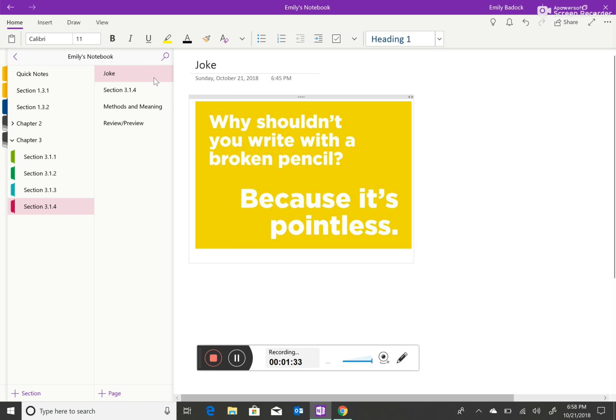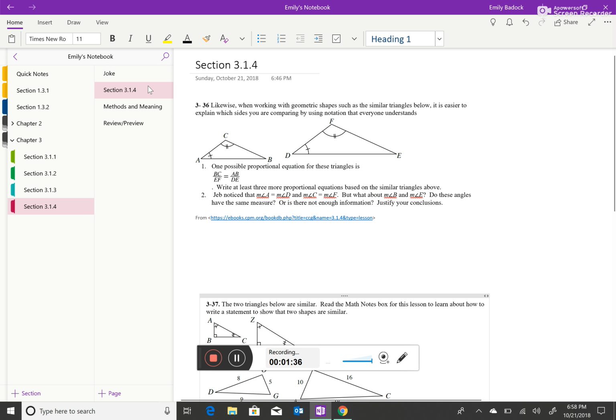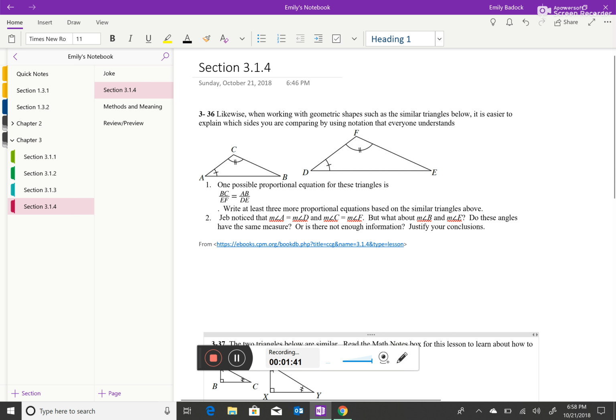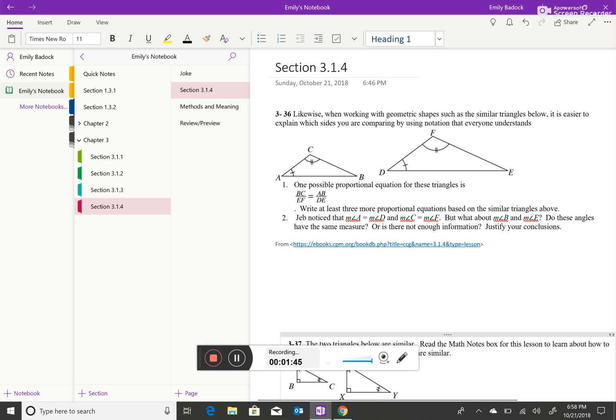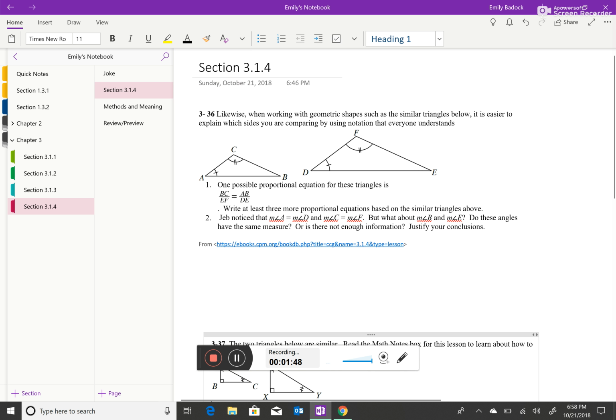Today I want to start off by going through a couple of questions for section 3.1.4, looking at 3-16. We are talking about the connotation and the notation behind it. When we're working with geometric shapes, such as the similar triangles below, it is easier to explain which sides are being compared by using notation that everyone understands. One of the possible proportional equations for this triangle is BC